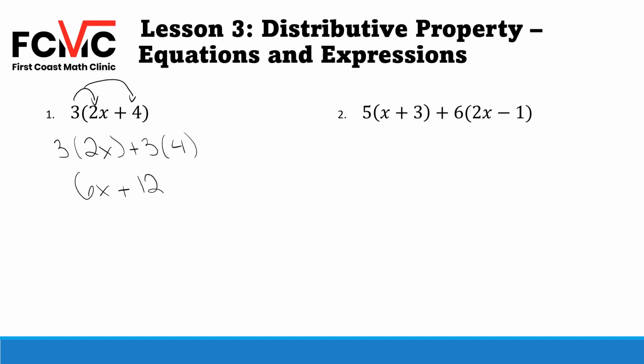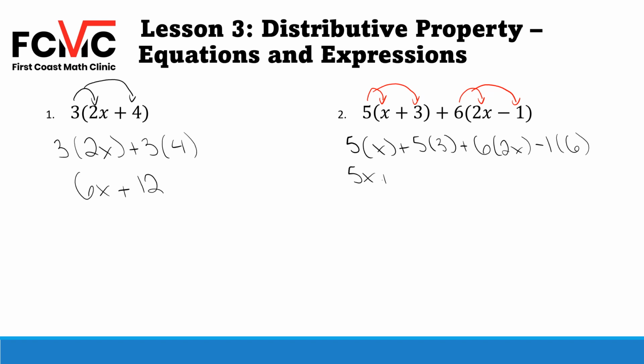Number 2, we're going to do the same thing. We've got 5 times the quantity x plus 3, so we're going to distribute the 5. And then 6 times the quantity 2x minus 1, so we're going to distribute the 6. We're going to have 5 times x plus 5 times 3. And then distribute the 6: 6 times 2x, and I'll put the minus 1 first so we keep that sign, minus 1 times 6. Remember, multiplication is commutative. Order doesn't matter. So now I'll have 5x plus 15